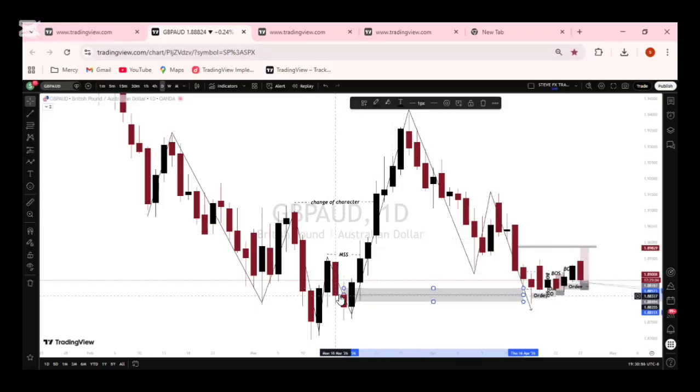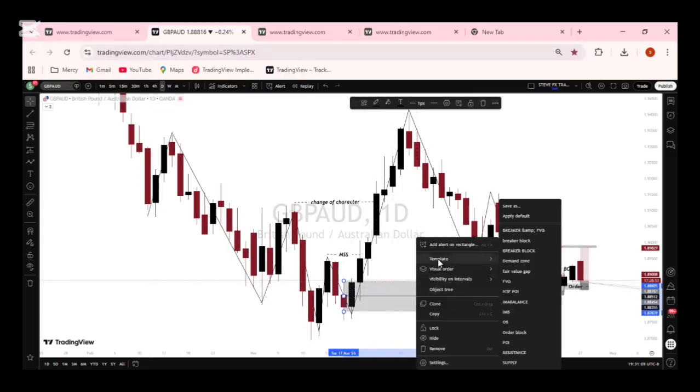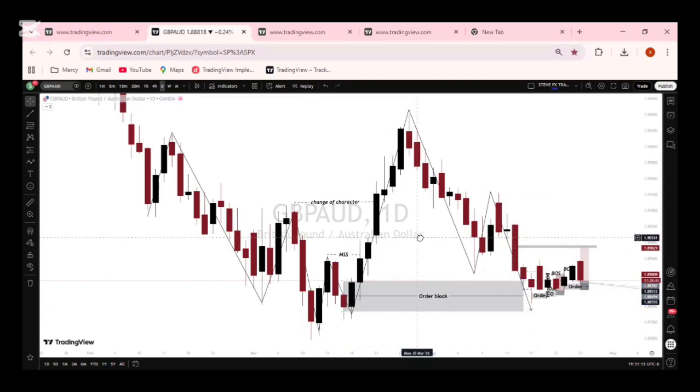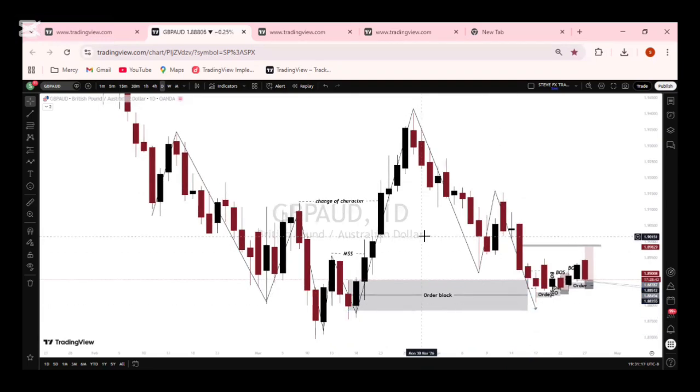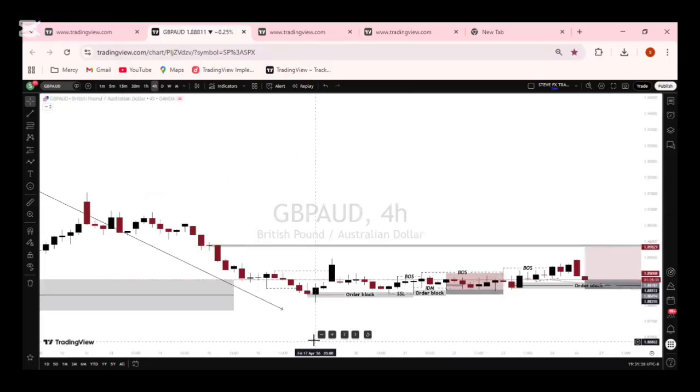If you don't understand how to pick them, we are going to have a lesson on those zones as well. So we look for our point of interest, and we have an order block over here. All right, so now we have our major structures analysis complete. So we move on to our 4-hour time frame, and as I was saying,